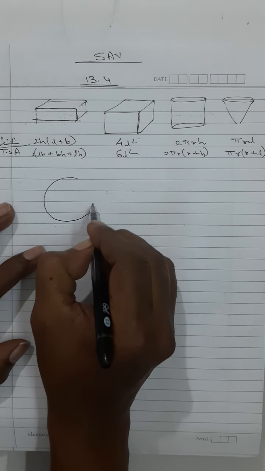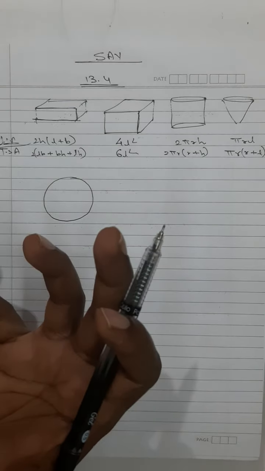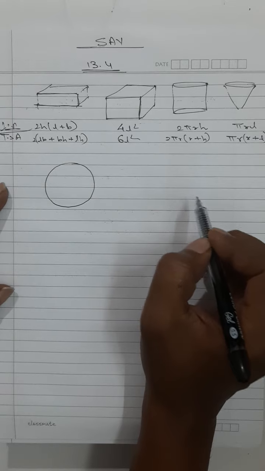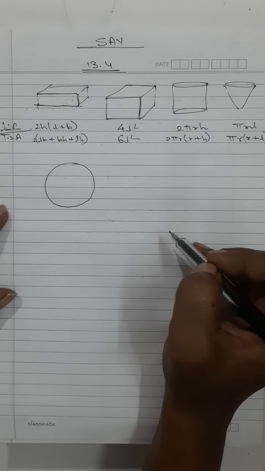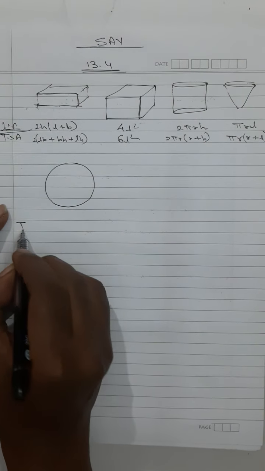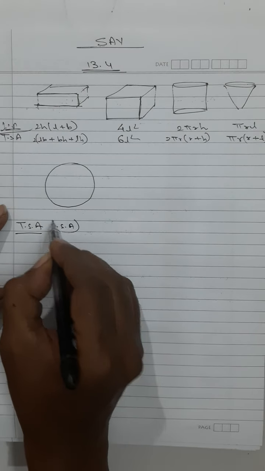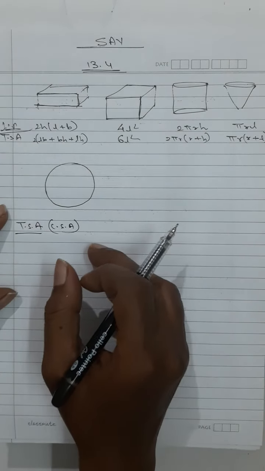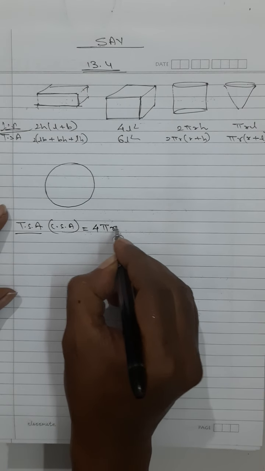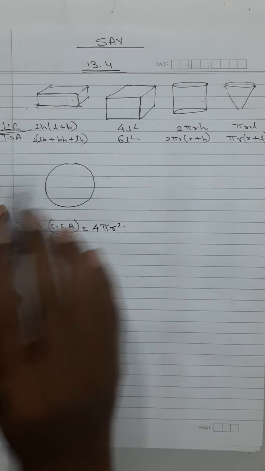One is a sphere. Sphere is something like a ball, basically a ball and hollow from inside. It can be hollow, it may not be hollow, but at present we are dealing with a figure which is hollow from inside. The sphere has got only one surface area, that is total surface area, and the curved surface area. Both are going to be same because that is the only surface area the sphere has got. It has got nothing else. The formula for that is 4 pi R square. Formula for the total surface area of a sphere is 4 pi R square.